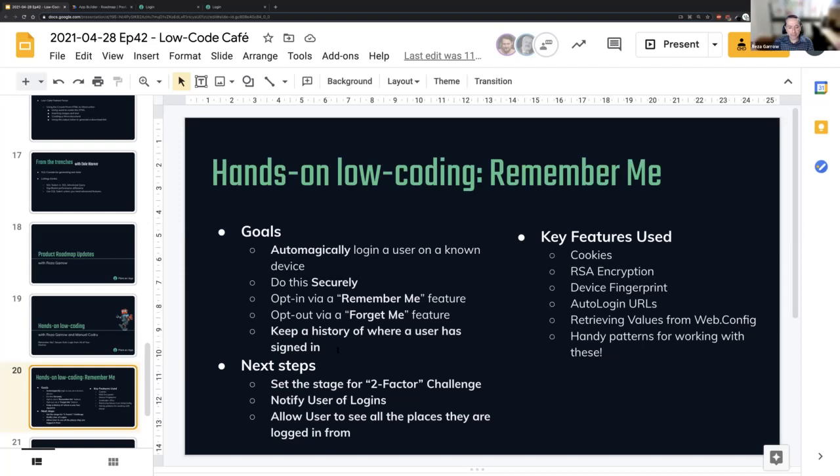And I'd like to do a round 2 with it. In round 2, there are some things that are out of scope for today, there's only so much we can fit into half an hour or so. Things like, well, is it all black and white? I remember you and log you in, but since I am keeping a history and I know about you and where you were signing in from, what if I notice that something seems awry? We'll touch on some of those things as we're demoing and looking at how it was built. It's not either log you in or deny you,